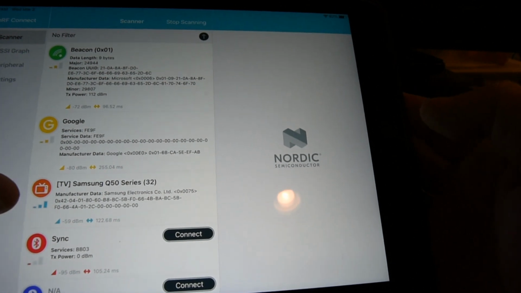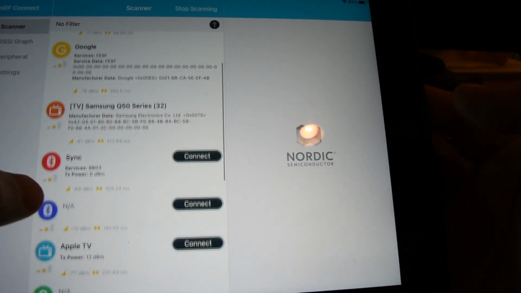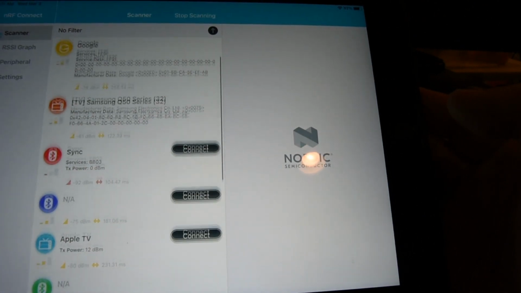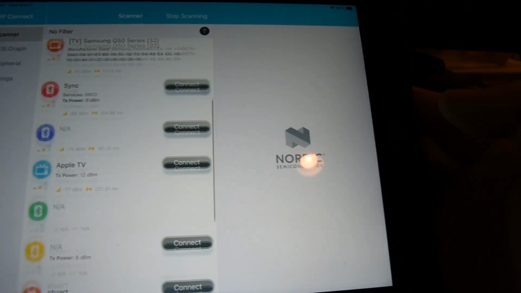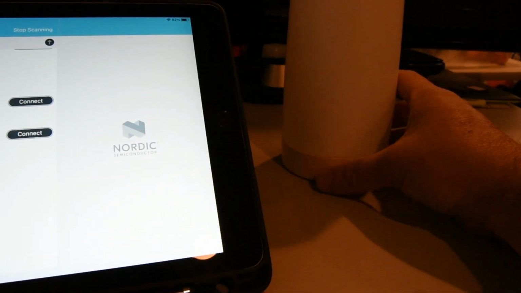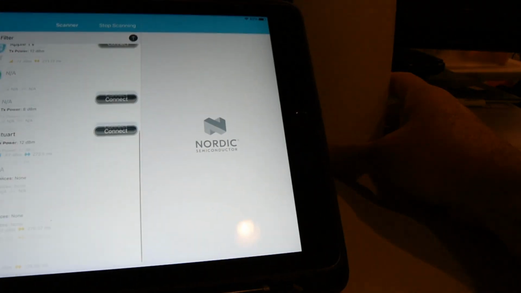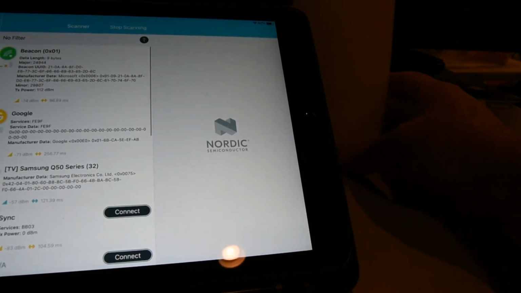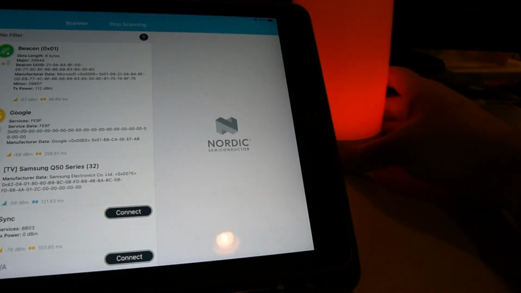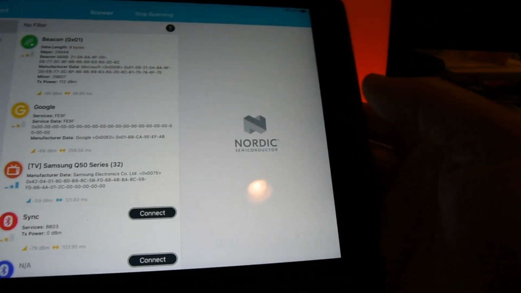You can see that it's found a beacon, my Apple TV, all sorts of stuff. But the light is actually not on yet. What we're going to do is, while it's scanning, we're going to turn the light on and look to see when this device advertises and what its name is. So I just turned it on,